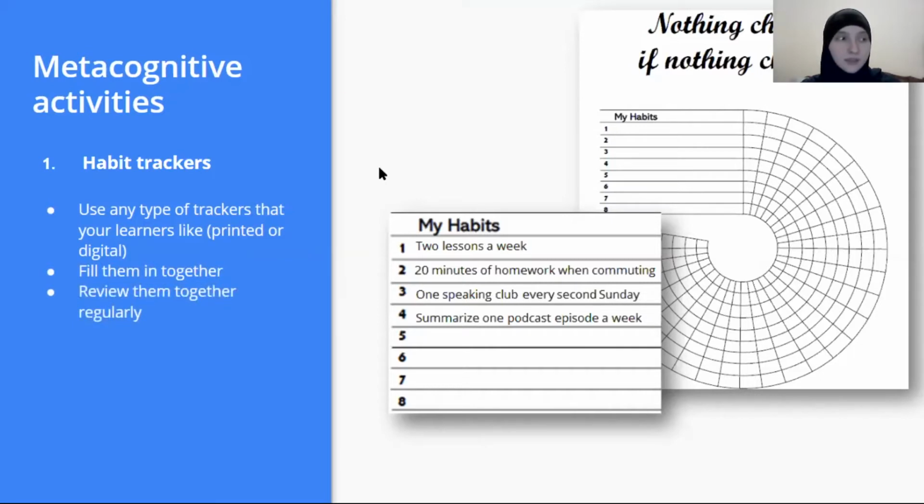Because as much as our students want to be independent, they are not born like this. So they really need some steps, right? Some strategies to help them out, some tactics if you want. And don't forget that you need to add habits one by one. We don't want to overwhelm our students with a lot of materials, a lot of links, and so on.